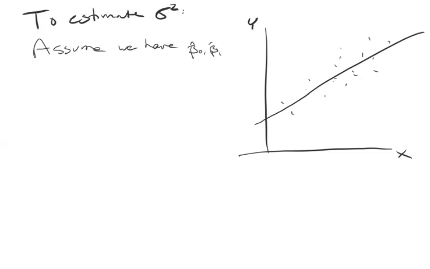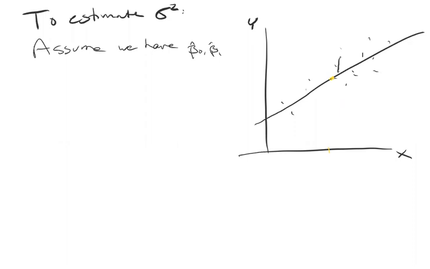Okay, so here's what I'm going to do. I'm trying to figure out the residual variance. In other words, choose any value of x. For that value of x, the corresponding y value should follow a normal distribution around the point on the line that corresponds to that x. And then the thing I'm trying to estimate is what is the variance of that normal distribution. So how are we going to do that? Well,